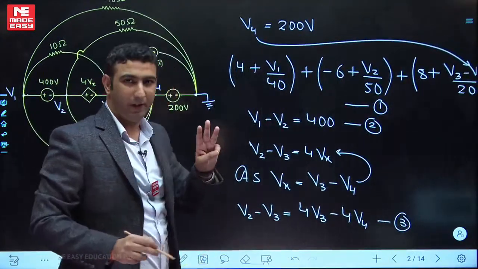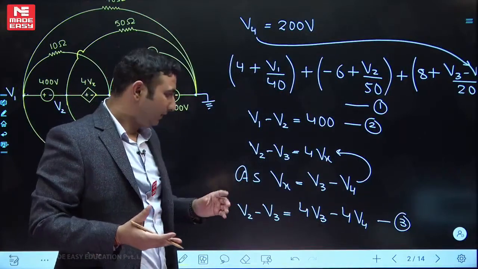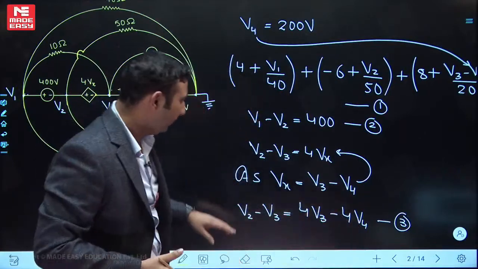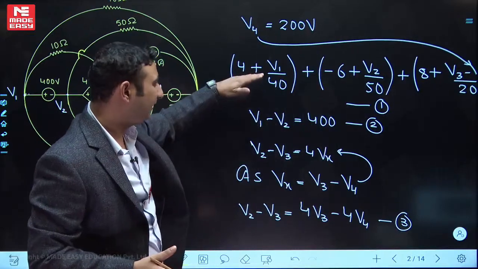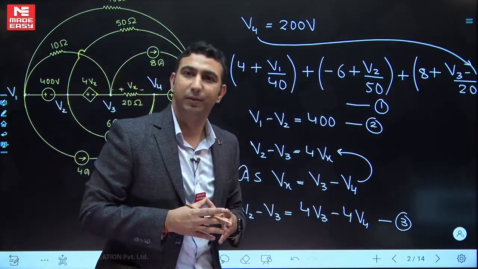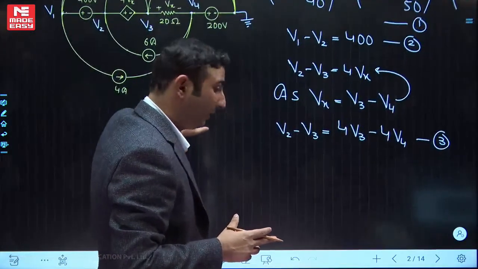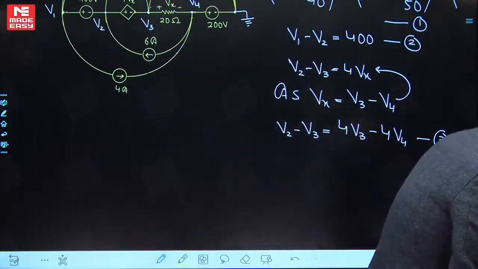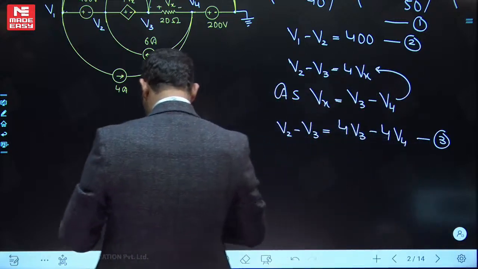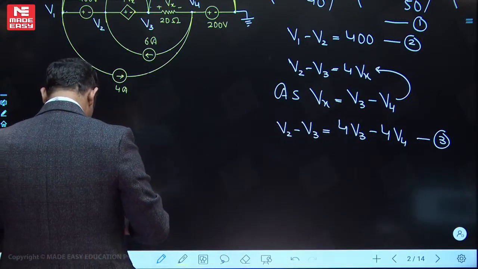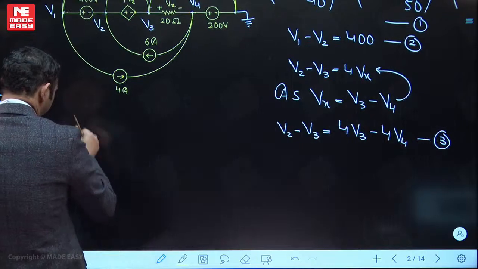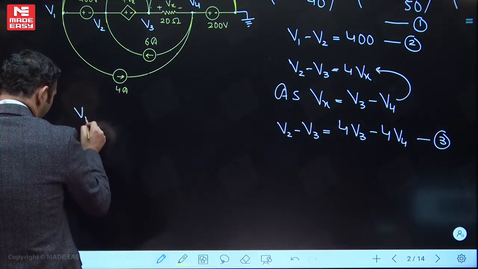You have 3 unknown variables because V4 value is already known to us. So you substitute V4 over here. So I have 3 unknown variables and 3 equations. If I solve these 3 equations, I'll get the value of V1, V2 and V3. So let me write the final values for you, the answer V1, V2 and V3, because we won't be wasting time in solving this. V1 is coming as